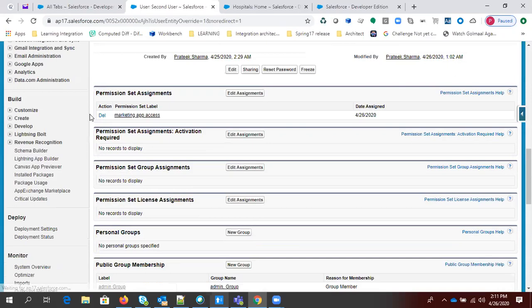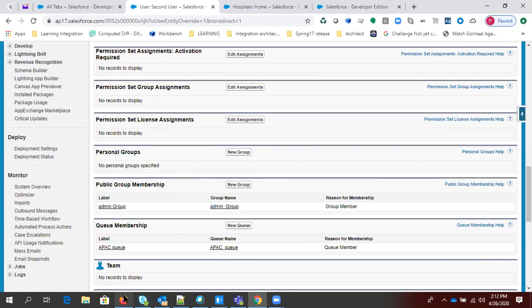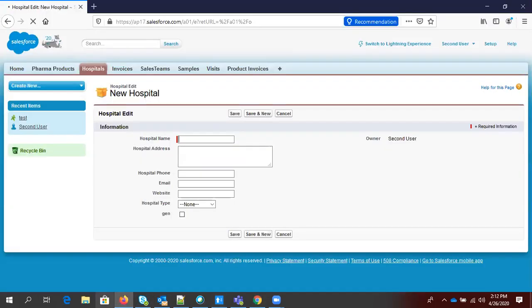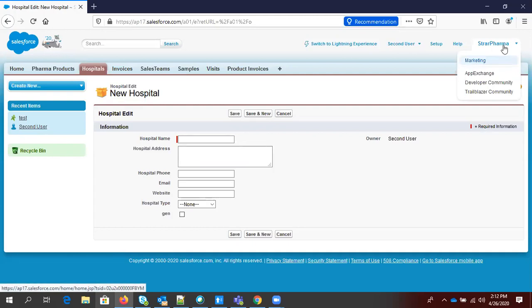So this is the permission set we have assigned to this user, and save. Now you can see this particular permission set is assigned to this user. Let's say you just want to give the access for 30 days, and after 30 days you can simply come and delete this as well, right? So it is up to you till when you want to assign this. Now if I come to this user and refresh the screen, you can see this drop-down is available, and this particular user has only two app accesses. One is Star Pharma, which is based on the profile, and the marketing app, which is based on the permission set, right?